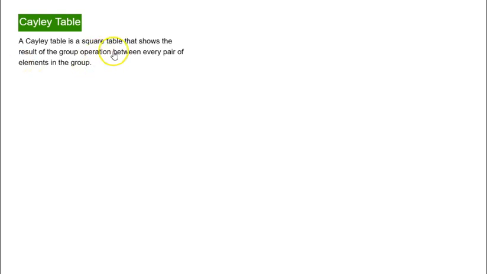Let us look at another way of visualizing a group in the form of a table called the Cayley table. So a Cayley table is a square table that shows the result of the group operation between every pair of elements in the group. It can also be used to figure out whether a set under a binary operation forms a